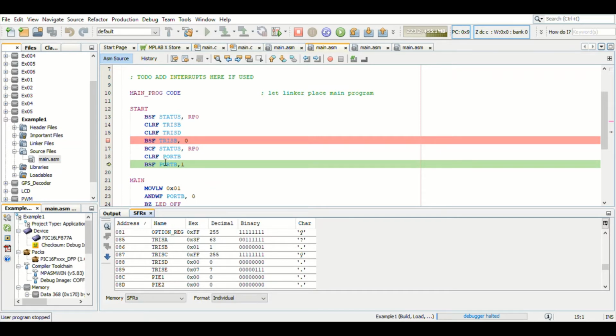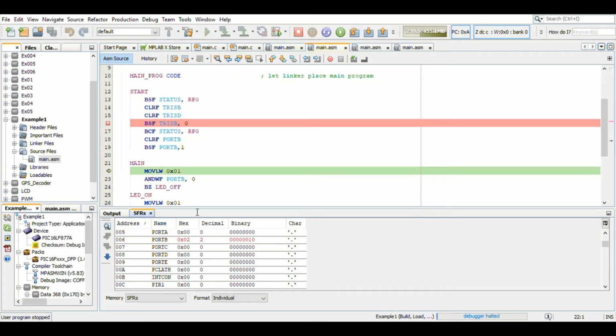Now let's see the value of PORTB. PORTB is now 0, and by this line I'm going to do BSF PORTB, pin 1. Now PORTB pin 1 should be set to 1 after this line. We'll see. Okay, now when I look at PORTB, pin 1 is set to 1. That is, once this line is executed, PORTB's pin 1 has been set to 1.